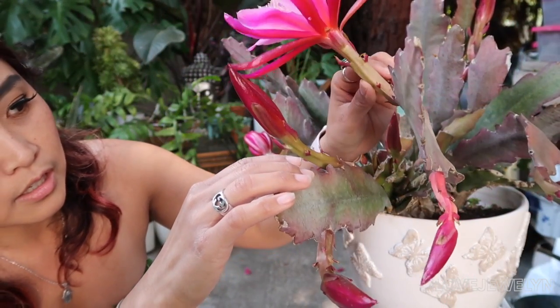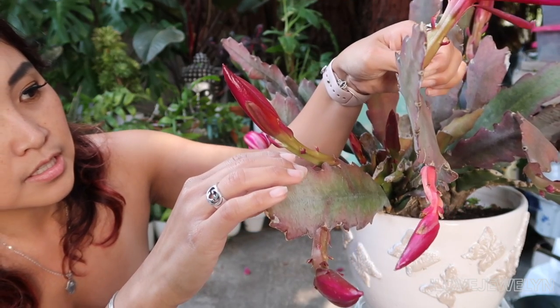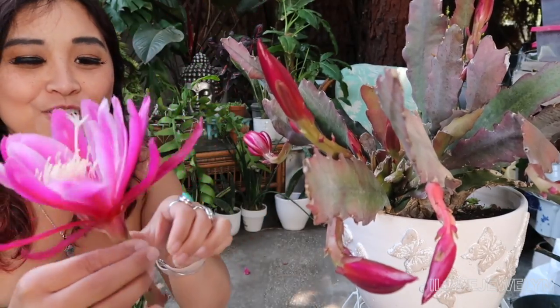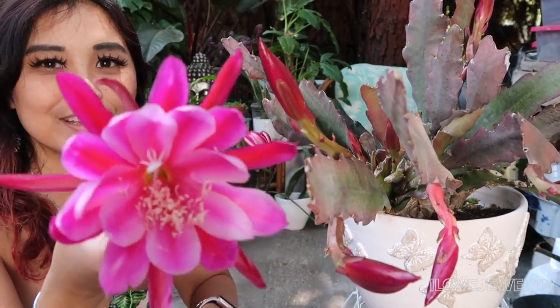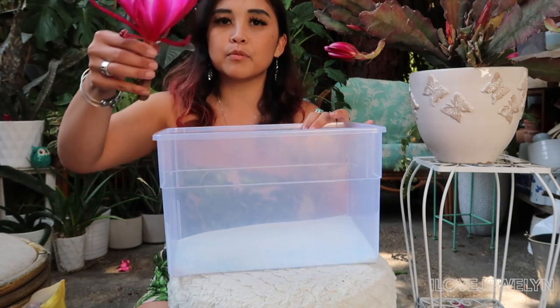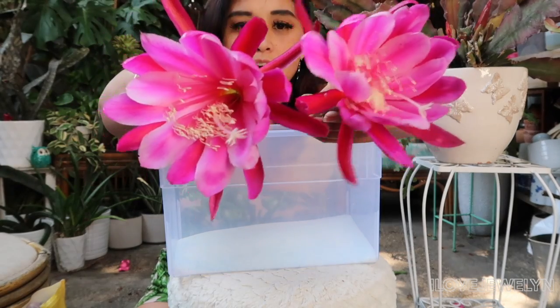So here's one. Oh, let's go in on this one, please. Come off easy. Perfect. Oh my gosh, look at how pretty this is. Curious, and I poured a little bit out before I picked the blooms. So here they are, side by side, and